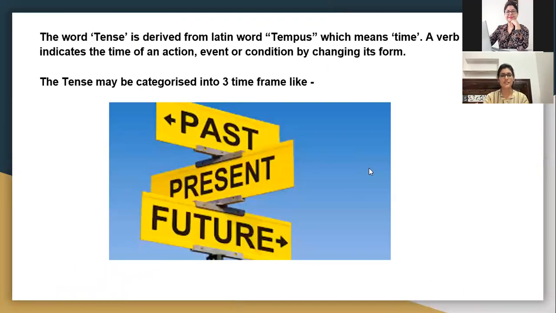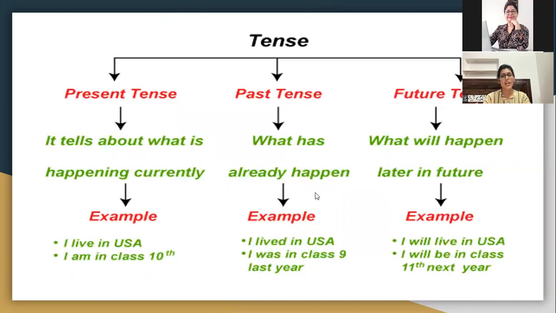The word tense is derived from the Latin word tempus, which means time. A verb indicates the time of an action, event, or condition by changing its form. Today I will explain tense in a short way, with some short definitions, examples, and structure. And further,